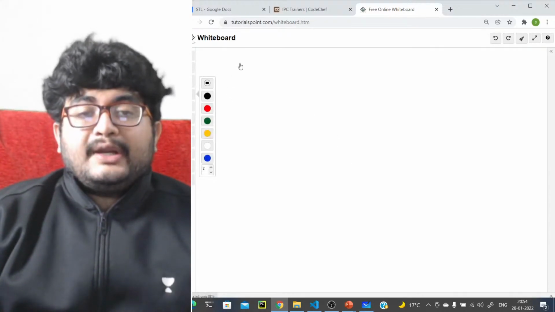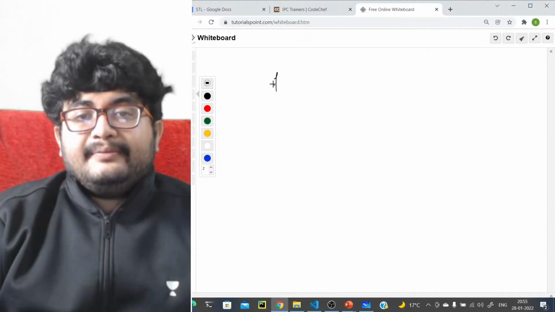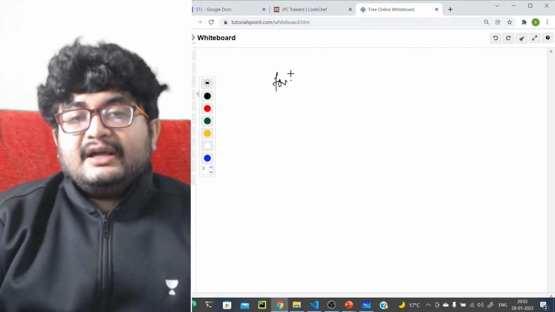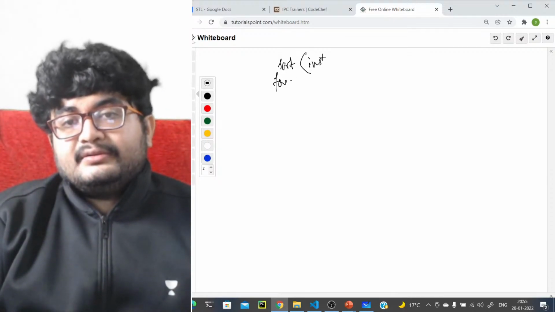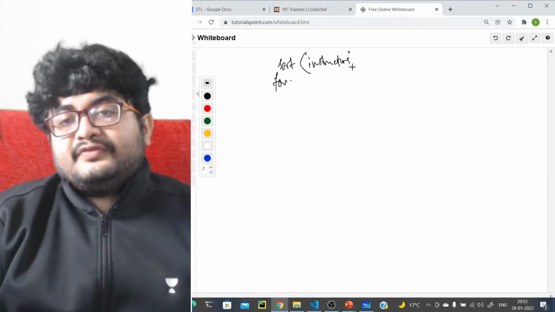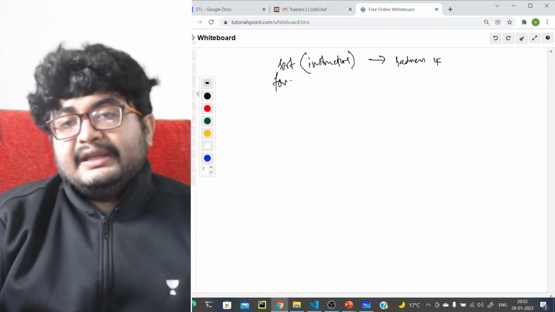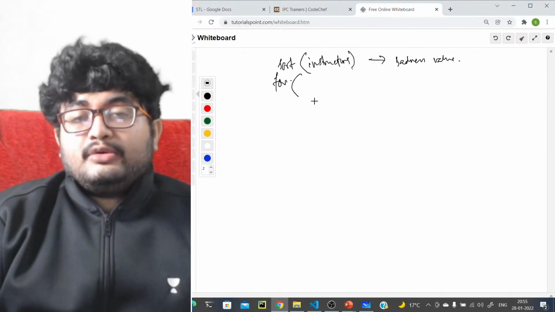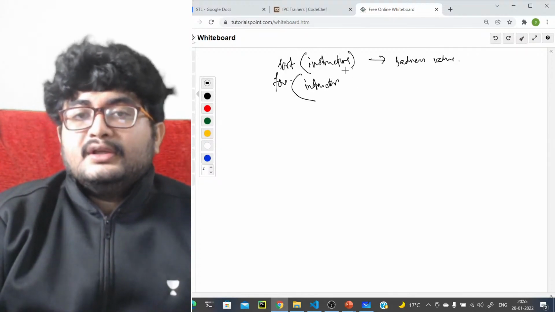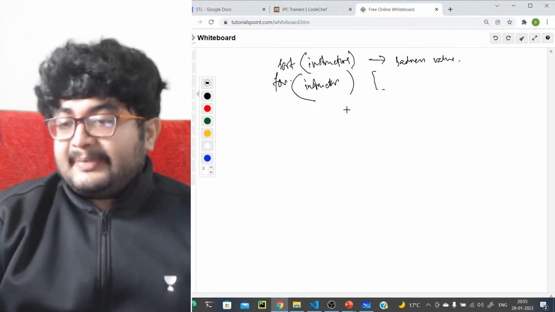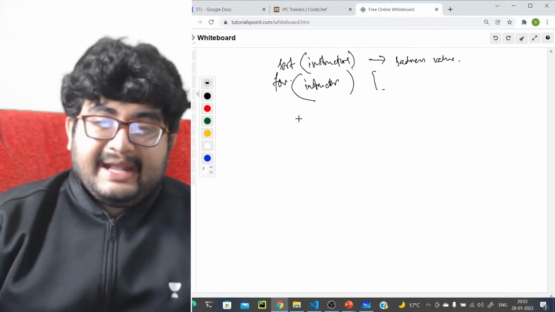Okay, so what we'll do here, the algorithm will be something like this. First of all, we'll sort all of the instructors with respect to their sadness values in descending order. Now we'll go through all the instructors one by one, as sorted in descending value. We'll try to allocate them as much as possible.